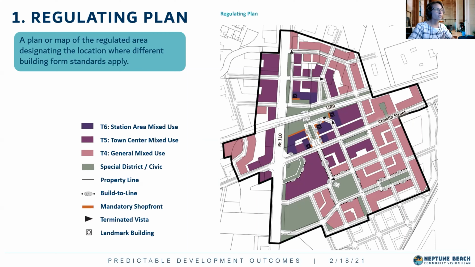Would the rules for 500 Atlantic have to apply uniformly throughout a site of that size? And the great thing about form-based codes is you can break down larger areas into very specific elements, and you don't have to have the same rules for every single street, every single corner, every single lot of that area. You can really be very specific, and within a pretty small area have up to 3 or 4 different transect zones with different building form standards that apply.